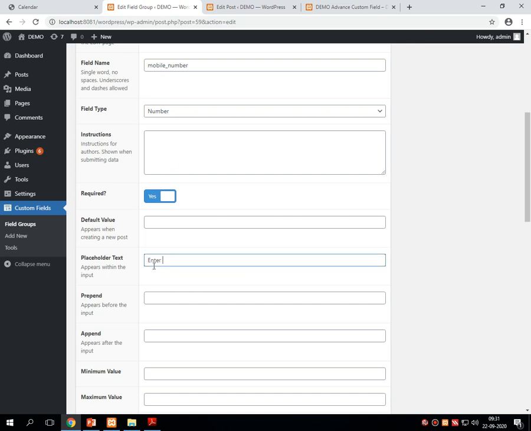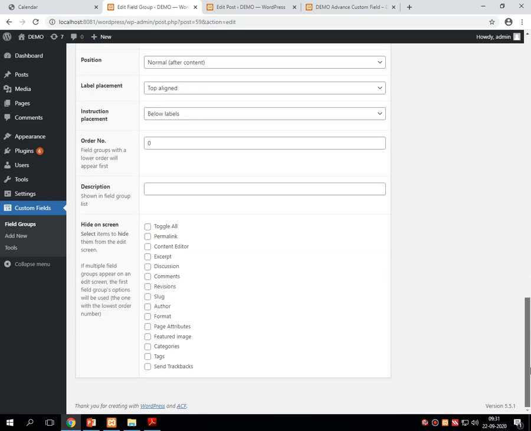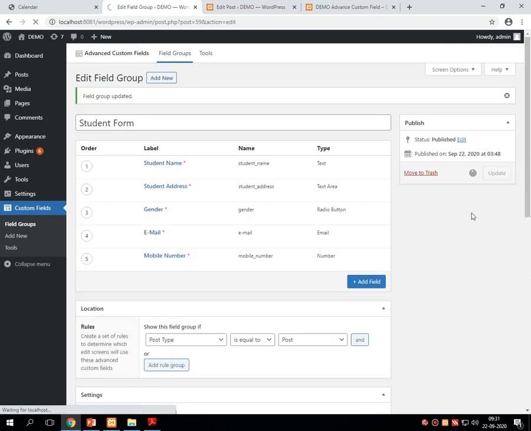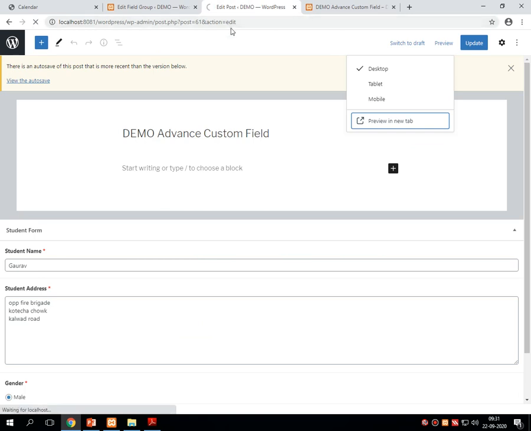Placeholder, enter your mobile number. Then I am updating this entire field group. That's it. Student name, student address, gender, email and mobile number. I want to keep all these things. I'm just refreshing the page.